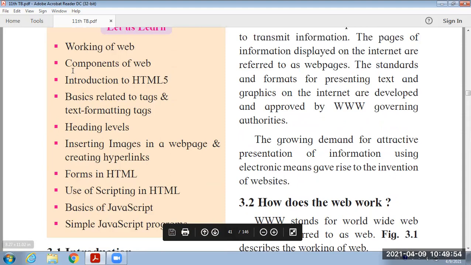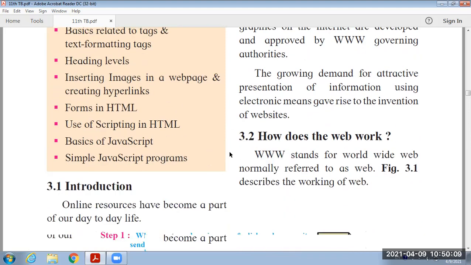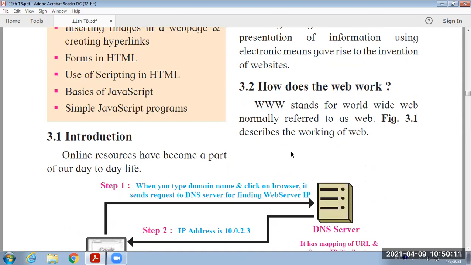Within all these topics, we have completed mostly 50% of them. I think up to inserting images, we have completed it practically. Just revise it today. First of all, go to the introductory part.